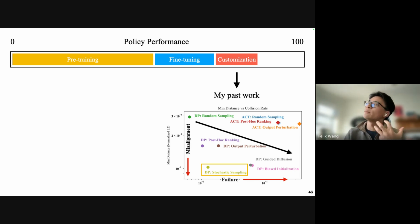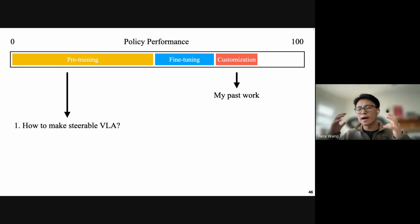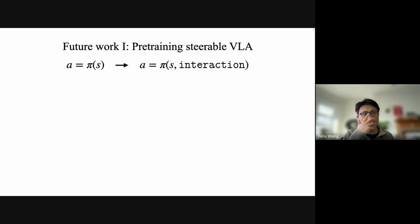So a more fundamental way of giving users more knobs to tune the policy behavior is during the fine-tuning stage. That is, how can we train VLAs that are steerable, that are mindful of downstream interactions, so that when the language prompt fails to elicit the correct behavior, the user has other knobs to steer the policy. So more concretely,